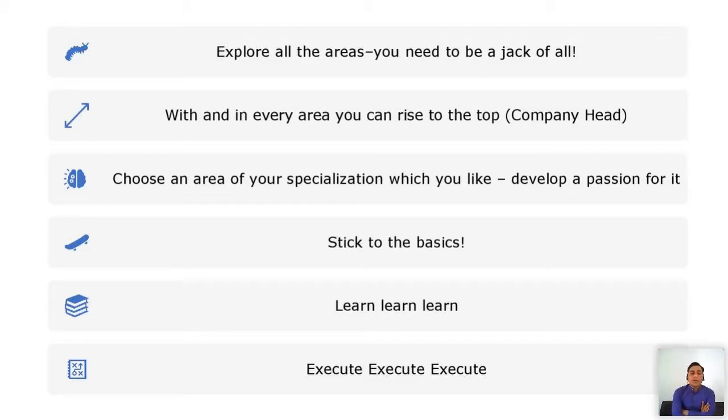And very briefly, you should explore all the ideas. It is very rightly said that you need to be a jack of all, so that if anytime, anywhere, any help is required from your side, you will be able to devote your inputs, your scientific inputs as well, so that the team associated with you, or the company where you have been associated, should get the advantage of your own inputs, your own knowledge as well.